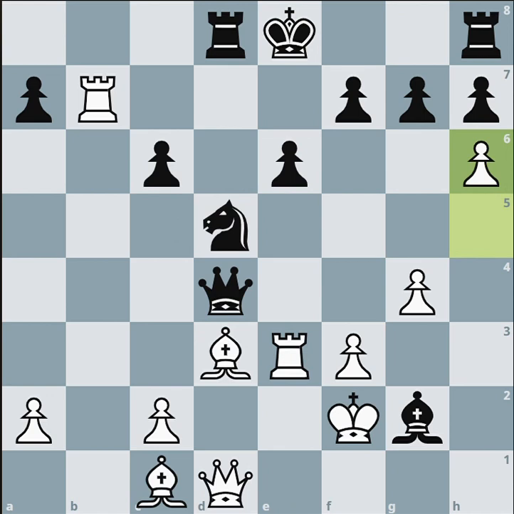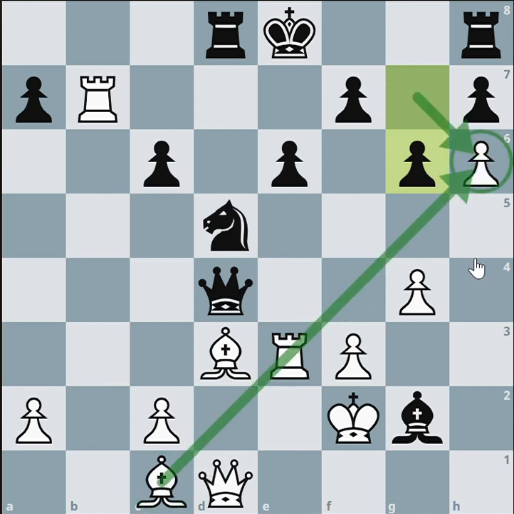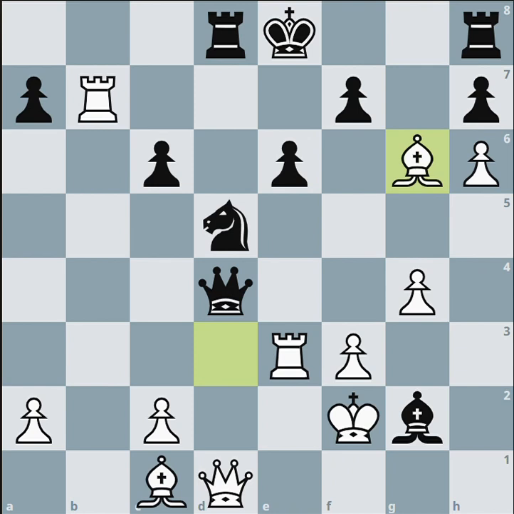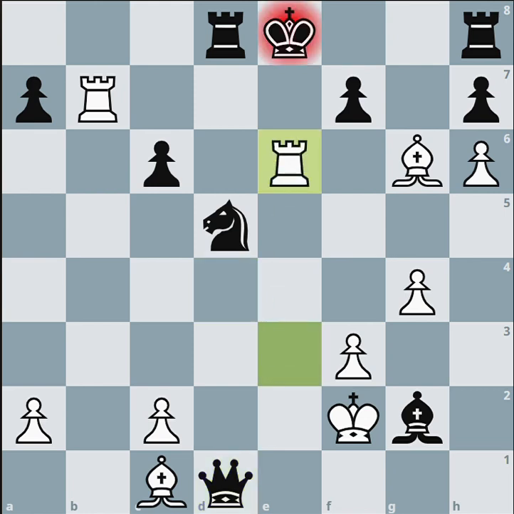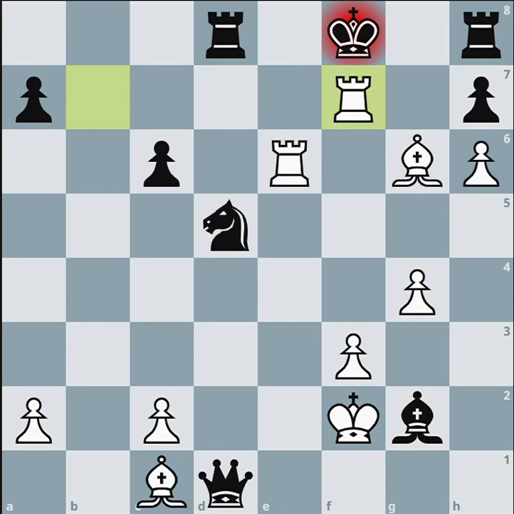Another question, why does black have to take the pawn anyway? He can simply play pawn to g6, and that can be okay, because now this bishop h6 thing might not come. But here's the trick, white would simply play bishop takes g6 anyway, and after queen takes d1, this is not mate in 4, but this is mate in 6, and this is by force mate in 6, because rook takes e6 check, king to f8, rook takes f7 check, a key move in this position, big key move,